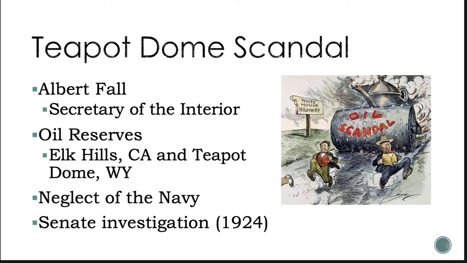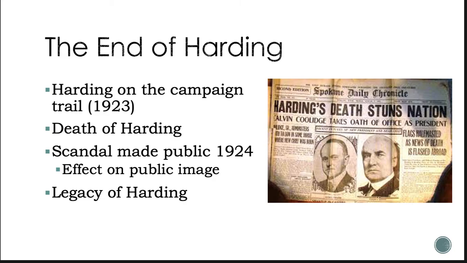So this is going to be just one of the issues that Harding had during his presidency with his Ohio gang. And this brings us to the end of Harding. Harding is going to go on the campaign trail in 1923, ready for a second term. He goes cross country to promote his campaign. And while he is on that tour, he will become ill and die of a heart